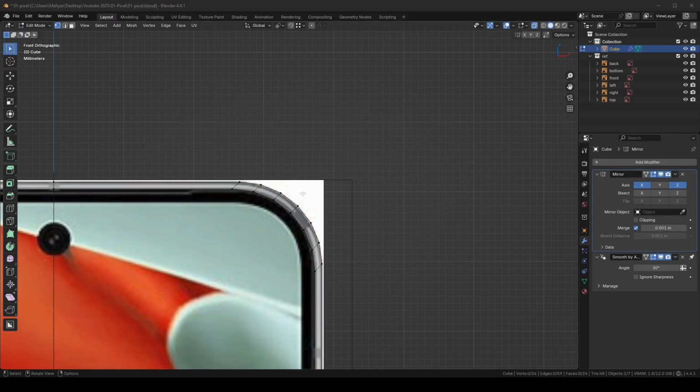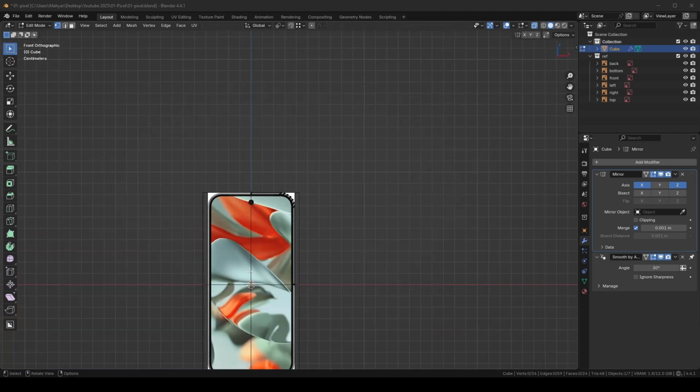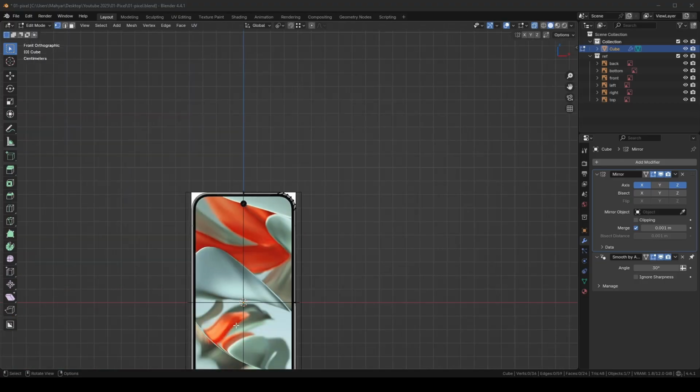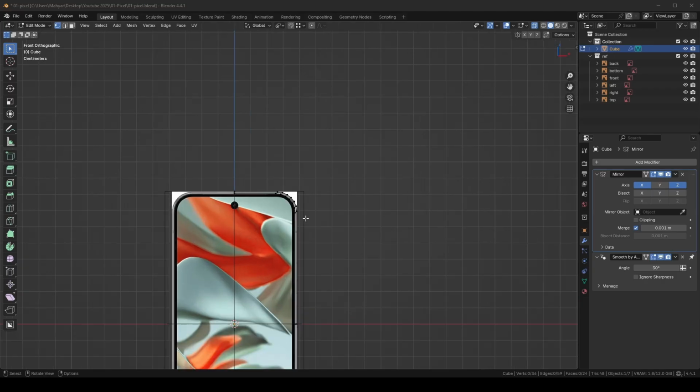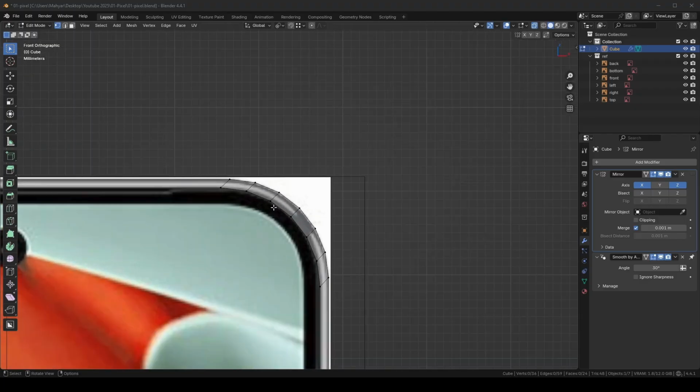Now that I am seeing, in order to have a perfect circular shape here, all the curves you see here from the screen to the edge of the phone should have the same center of the circle. So they should all converge to a point here. But as you can see, when we inset this surface, due to the height of the phone and the displacement from the center of the phone, all the lines are converging to somewhere in the center of the phone, and that's not what we want, because the curvature here should be regardless of the height of the phone. I will delete these edges,